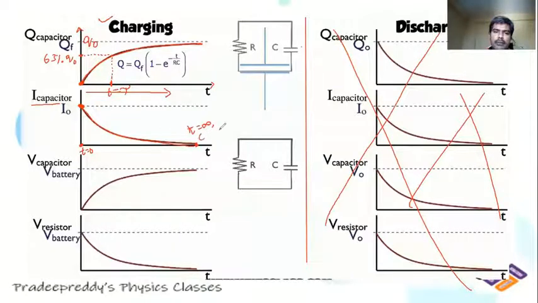The capacitor tends to become an open switch. So as it acts as an open switch, what is the final value of current? Current in the circuit will become 0. This is how the variation of current takes place in case of a capacitor.